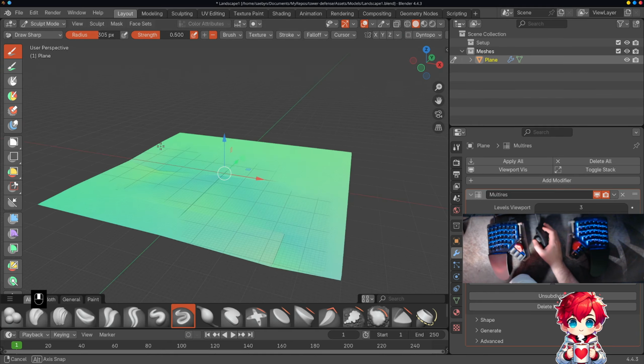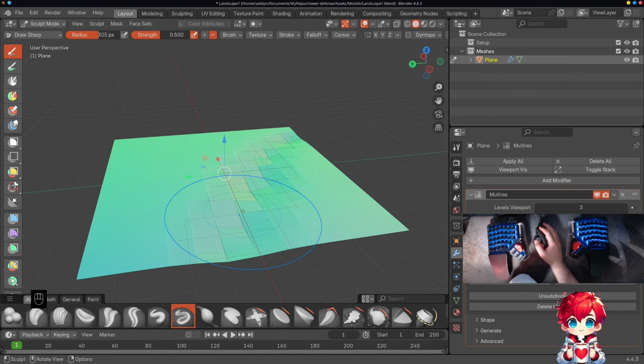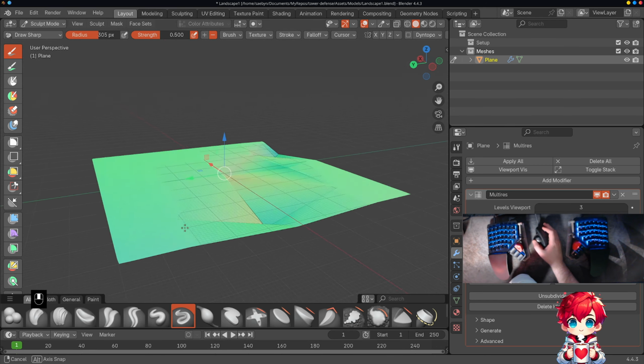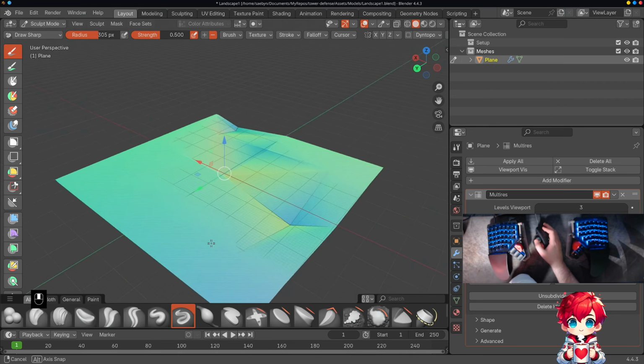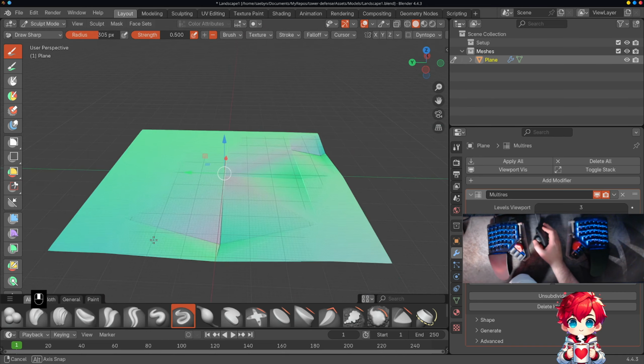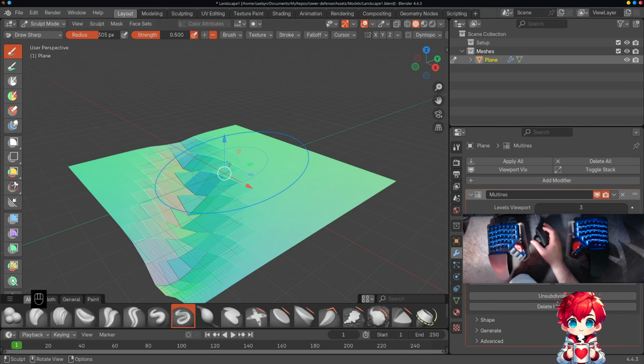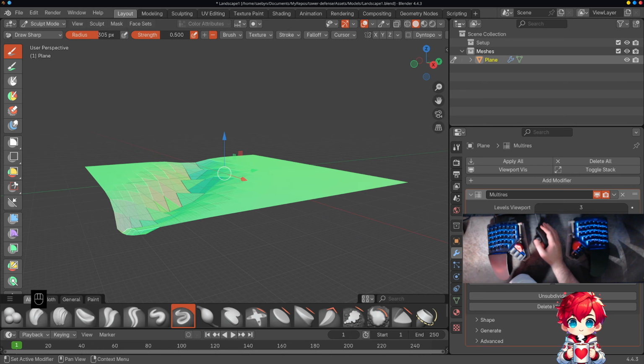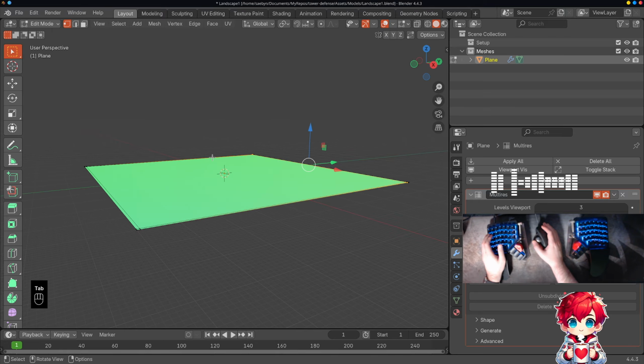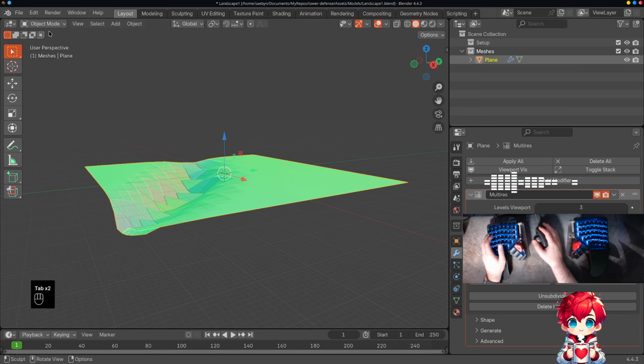Yeah, this is more like it. Sort of. That's interesting now. What, so if we're in object mode,